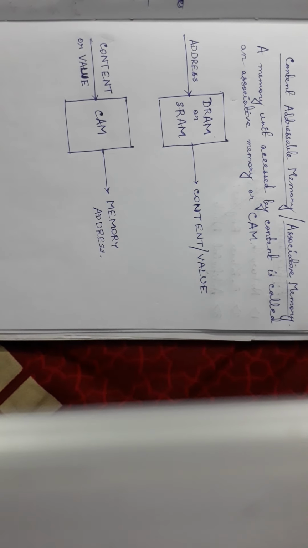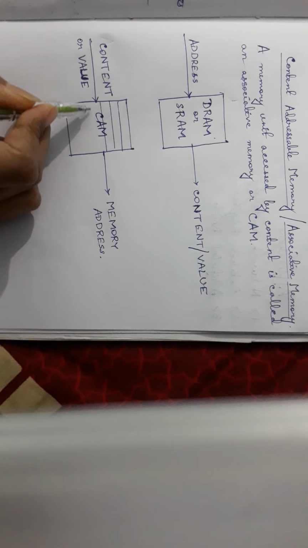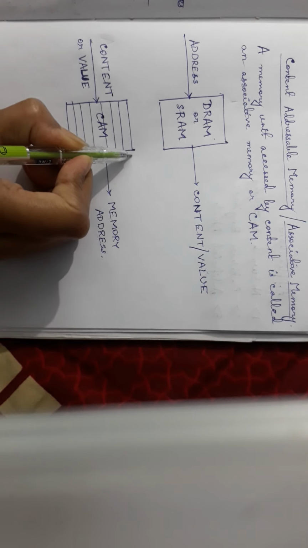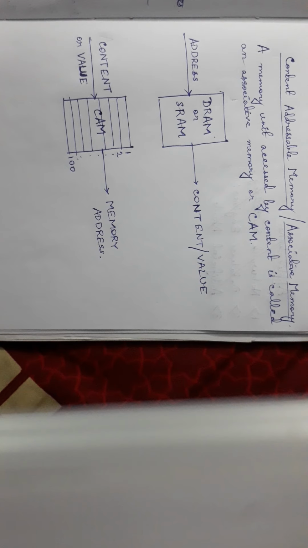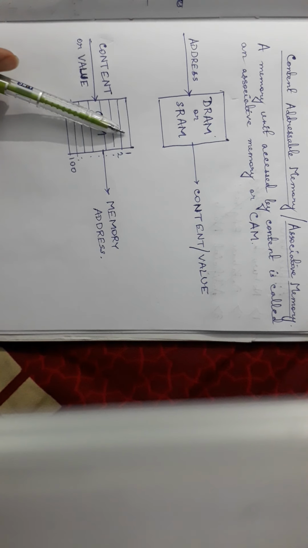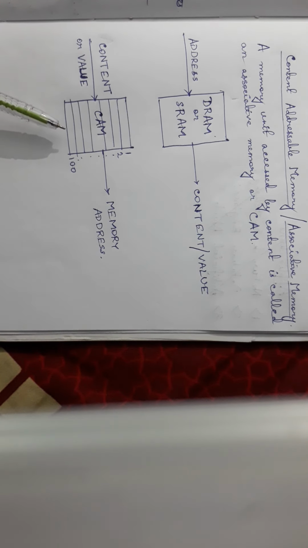Suppose there are 100 memory locations in the CAM: memory location 1, memory location 2, up to 100. Then the CAM searches its entire memory, starting from 1 to 100, in one single cycle,